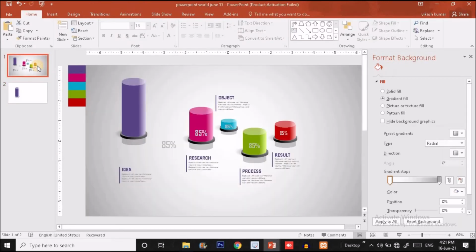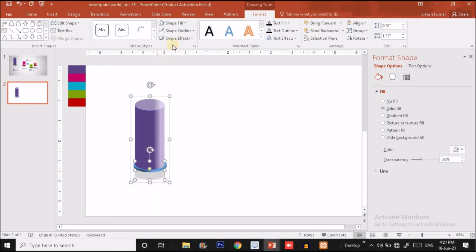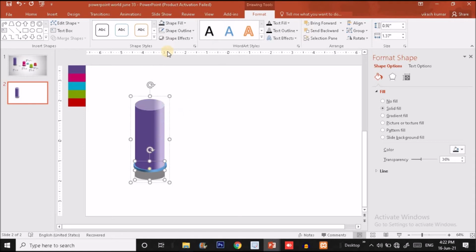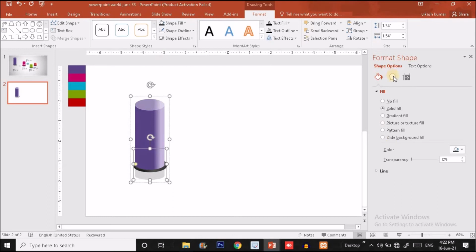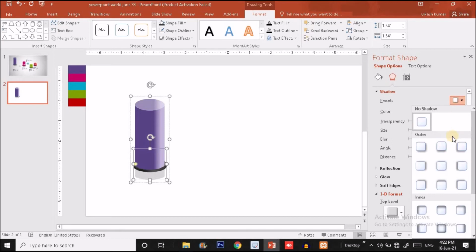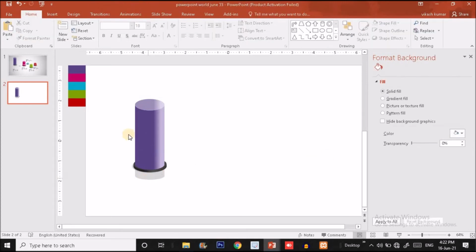Now guys, what I'm going to do, I will provide a shadow effect to this shape. To do that, first I have to provide a black color for this. So I'll provide this color, and after providing the color, I will provide a shadow effect to this shape. So I will go to the presets option, and here you will find the shadow option. I'm going to increase the blurriness to something this much, and now it's fine.